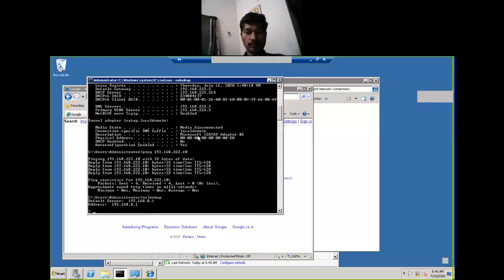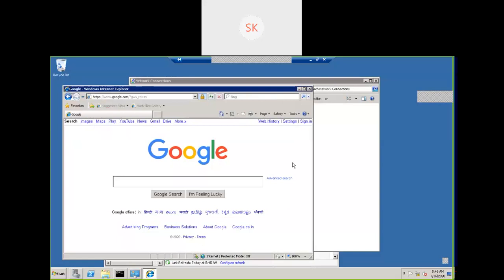So I'm able to access the internet. See the place and important role of the DNS server. Initially, I did not configure the DNS server purposefully. Later, I configured a different IP. Even though it did not work. Whenever I configure the proper DNS server, then only I'm able to access the internet. Okay, why it plays an important role, we'll discuss in the DNS class. Okay, so these are the basic understandings.